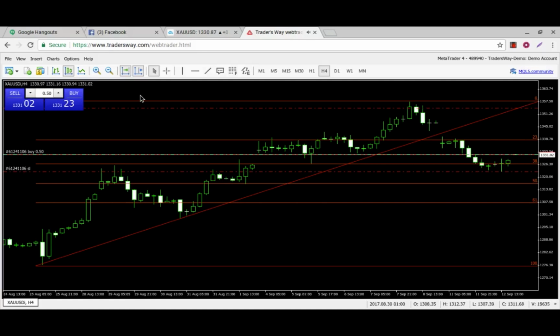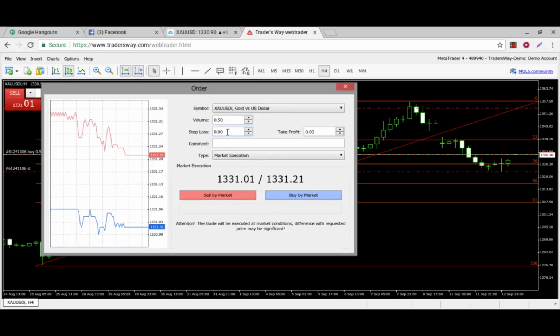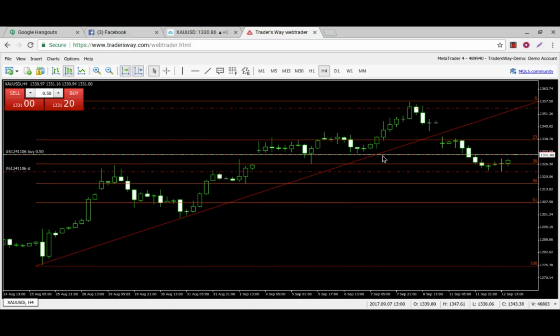Now, on the platform online, what you can do is you can manually type everything in, or you can just click and drag your take profits, click and drag your stop losses. So the stop losses are going to prevent you from losing